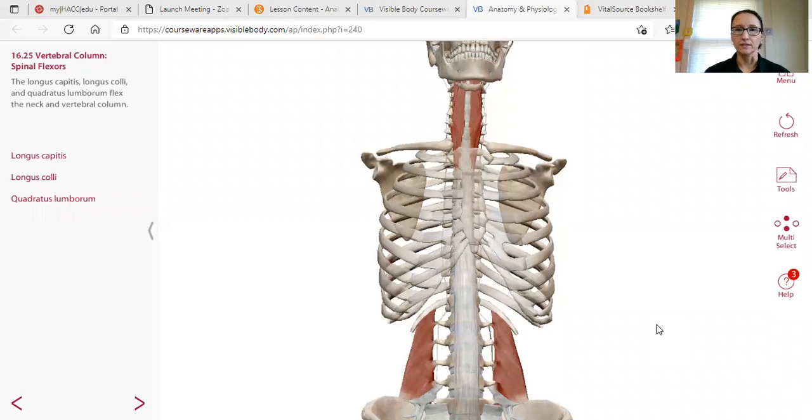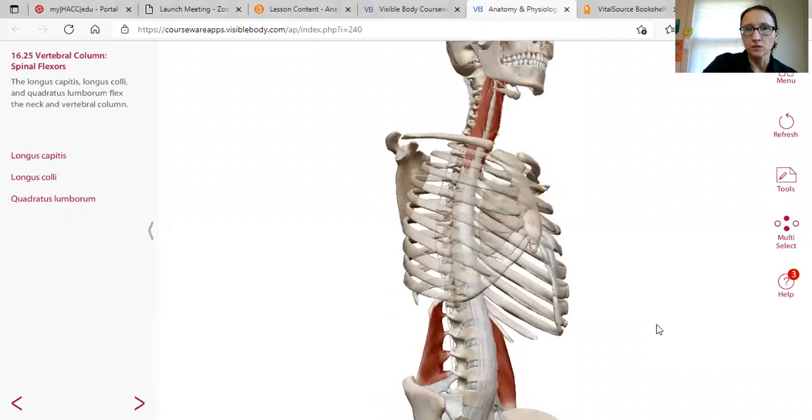Hello, everyone. This video is going to cover the Quadratus Lumborum muscle, just QL today. We're going to go right into the share because I'm going to show you where Quadratus Lumborum is. So this is Visible Body, obviously, and we are on flexors of the vertebral column, spinal flexors, and